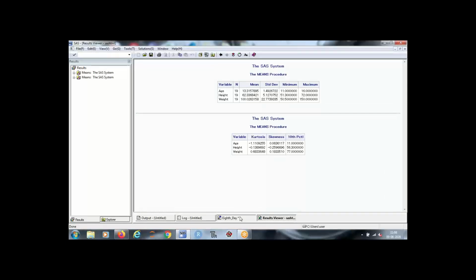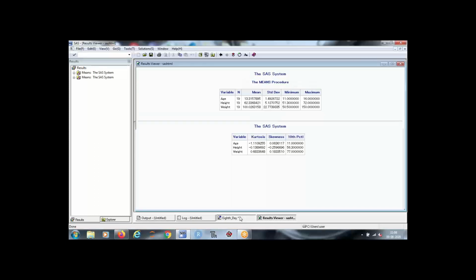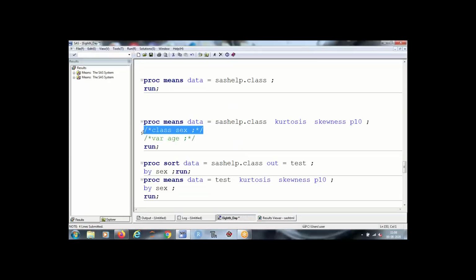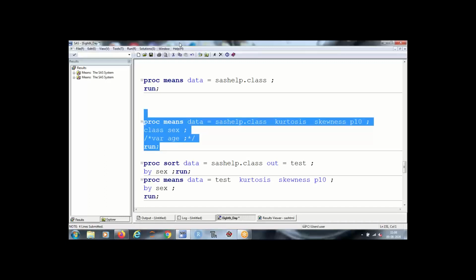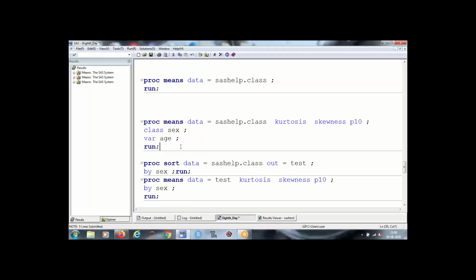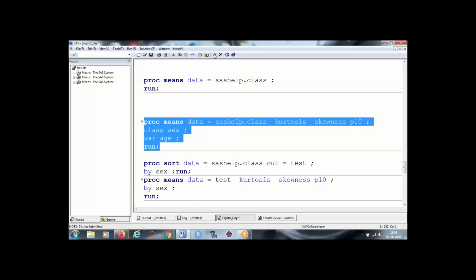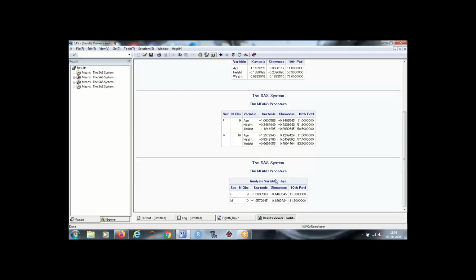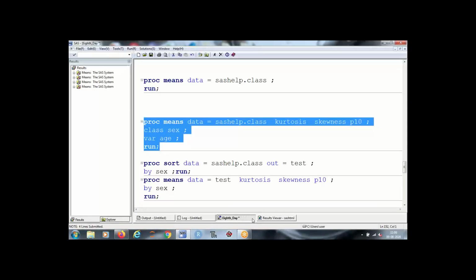All right, you can use a classification variable to classify your data like this, which will classify your data into 2 different categories and will show you separate statistics for that particular category. And you can write your choice of variable to get an output, if you don't wish to get output for every other variable, right? So quickly complete this. It's your time.